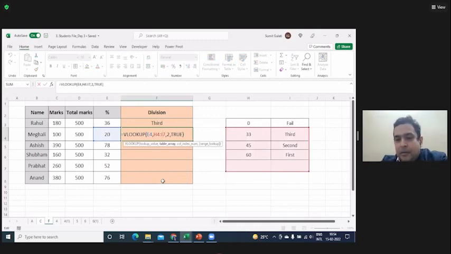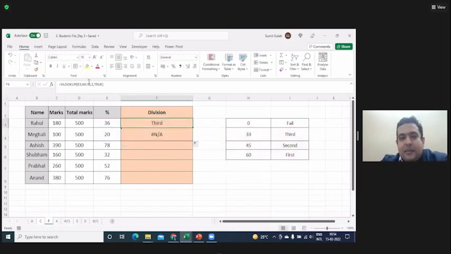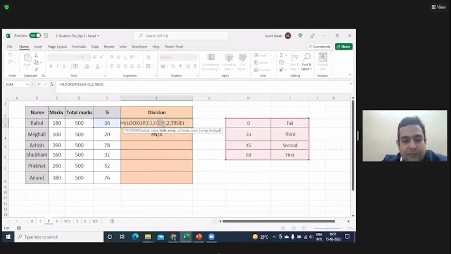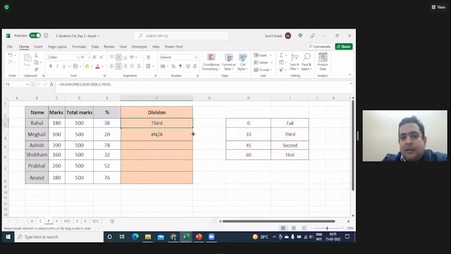Because you move one step down, array also moves one step down, right? So what has it become now? H4 to I7. So क्या करना पड़ेगा? यहाँ पे at this point, just go and select these two and freeze it. How do you freeze the cell? Freeze the cells by putting dollars. Shortcut to put the dollars is select these, press F4 with a function key. वो dollars अपने आप लग जाएंगे. Press F4 with the function key, dollars will automatically apply. Press enter. Now if you double click or drag it down, it will fill the right answers for you.